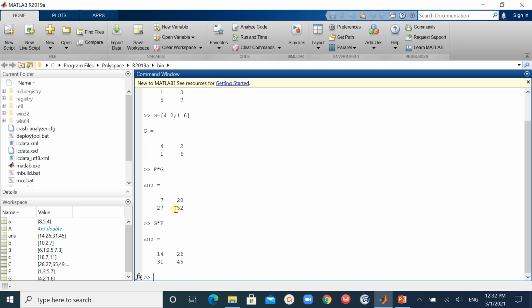So if the dimensions of the two matrix are same, here we are having 2 into 2 matrix, and here this G is also my 2 into 2 matrix, then if we are doing F into G, it will return this value, or if we are doing G into F, it will return this value. So answer of G into F is not same as answer of F into G. Okay,